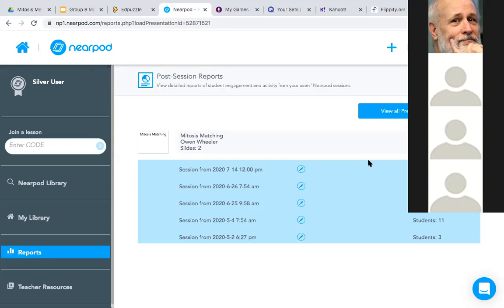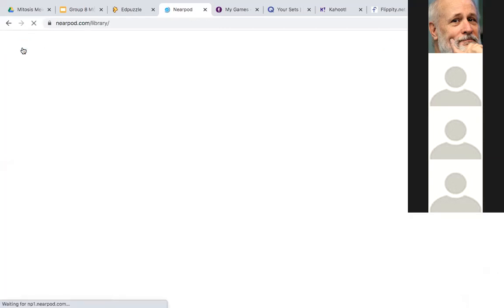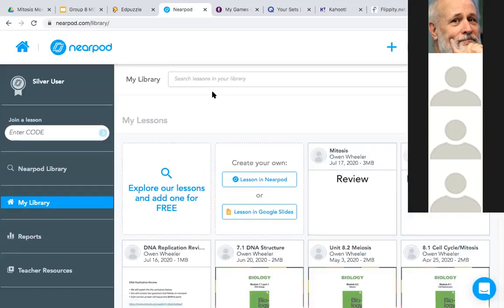Is Nearpod also free? It is. Now, so here's the thing. Here's a funny, if I go home, I don't know if you can see. The free version limits the amount of space that you have. And so every single member of my family has a Nearpod account because I have the free version, but I just use everybody's email address. When I run out of space, I go get somebody else's email address. But yeah, it is free. The only downside is it limits the number of presentations you can have because you're limited with space. And that's really the only thing that I have found that I don't have by not paying for the upgrade.